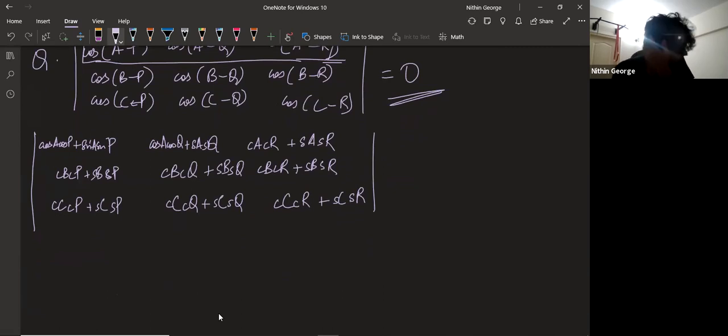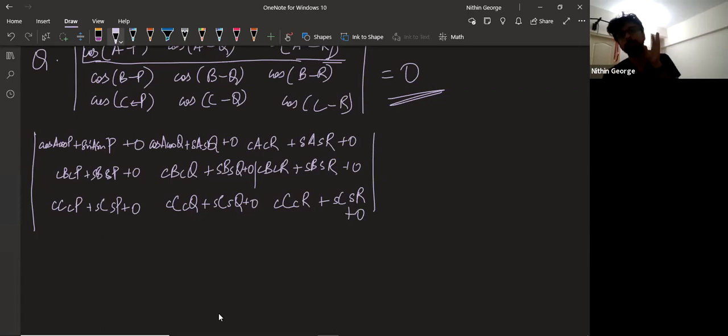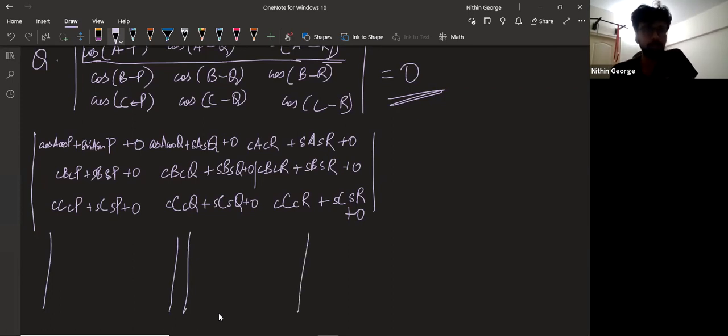So I'm trying to break it down into two determinants. Please try to understand that. For that, I will involve another term. So there will be three terms involved. I'll involve the next term as 0, plus 0, plus 0, plus 0. So to bring it into two determinants, I see cos A and sin A are common for everything in the first row. So I'll bring in cos A here and sin A here.